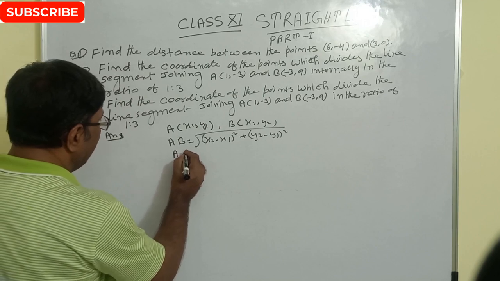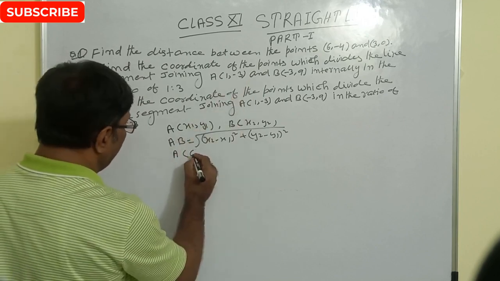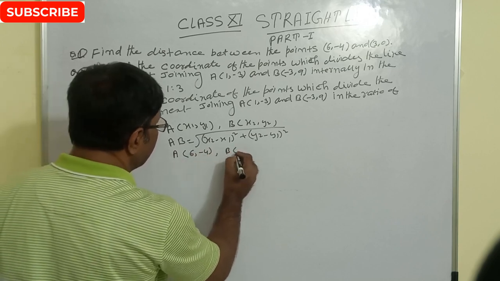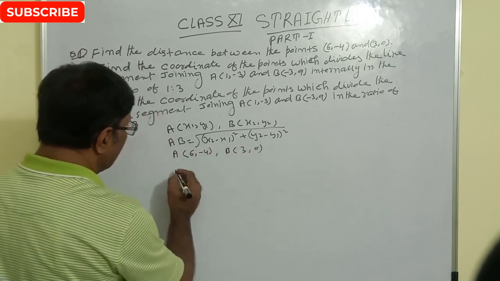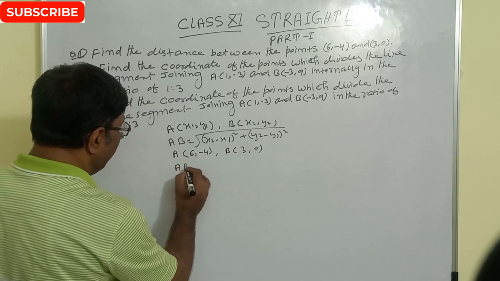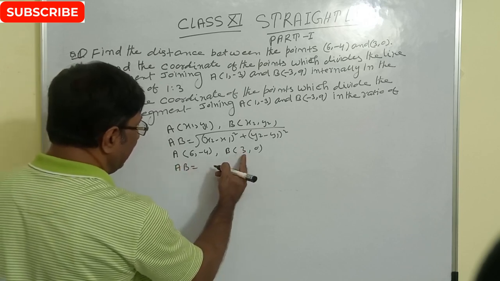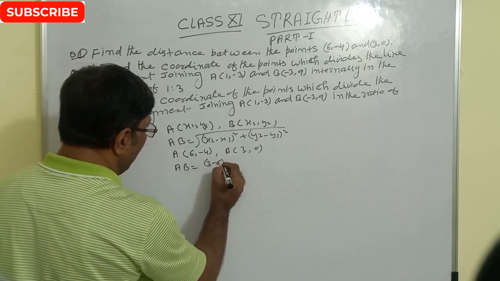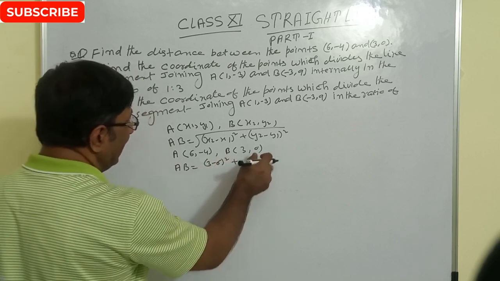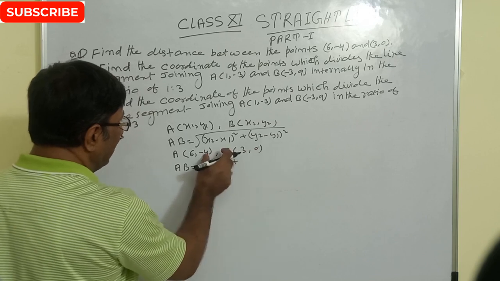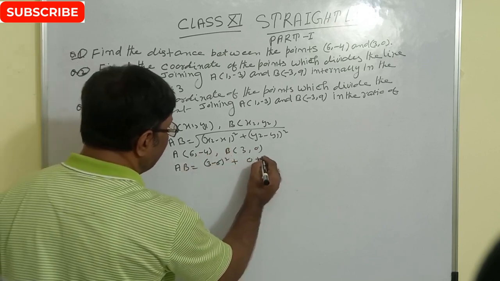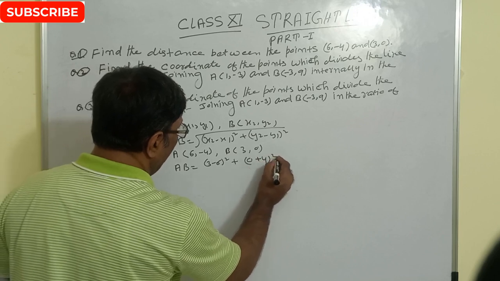Here A is given suppose (6, -4). So this is A coordinate 6 minus 4 and B is given how much? 3 0. So our right answer AB is what? That is x2 3 and x1 6. So this is 3 minus 6 whole square plus again y2 0 and y1 minus 4. So 0 minus minus plus. So what is this? 0 plus 4 whole square.